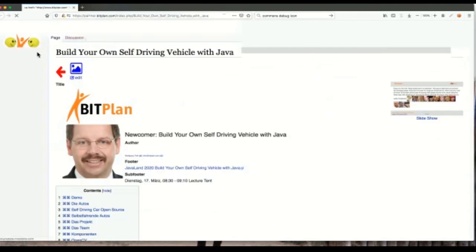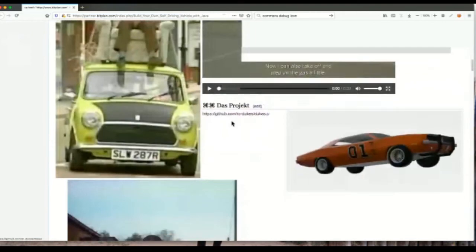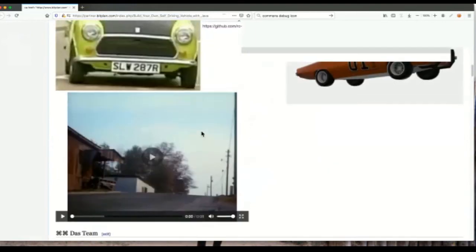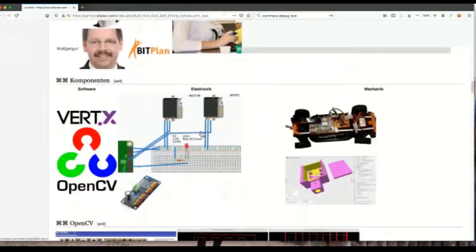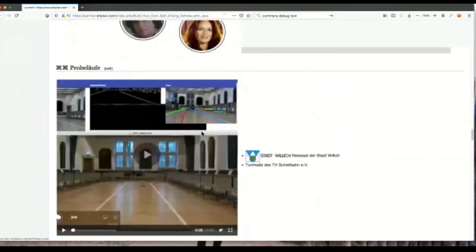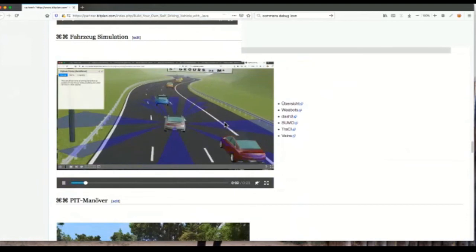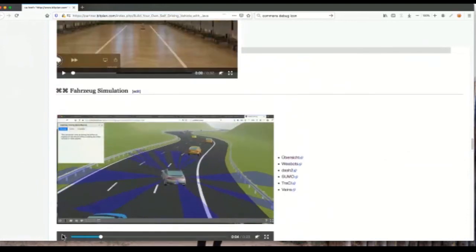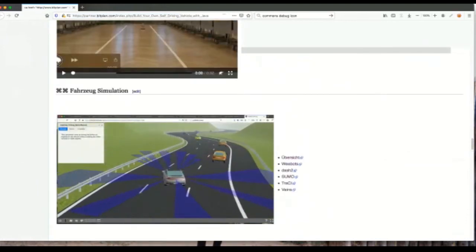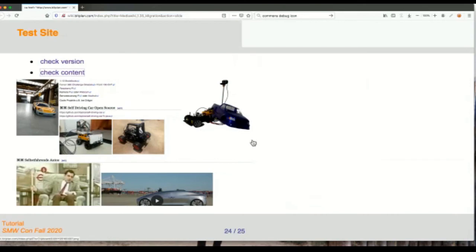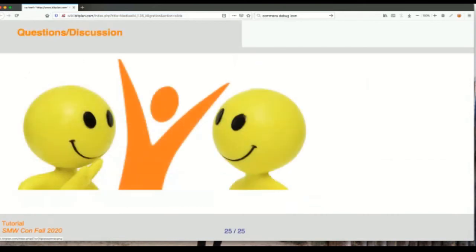And also one thing we would like to see is that the content shows over there. So this is the old content. And in the new wiki, we would like to see the same thing. So this is a presentation I've been doing for a conference on Java. You see there are some videos in there and whatnot. And hopefully on your target wiki, you get the same result.